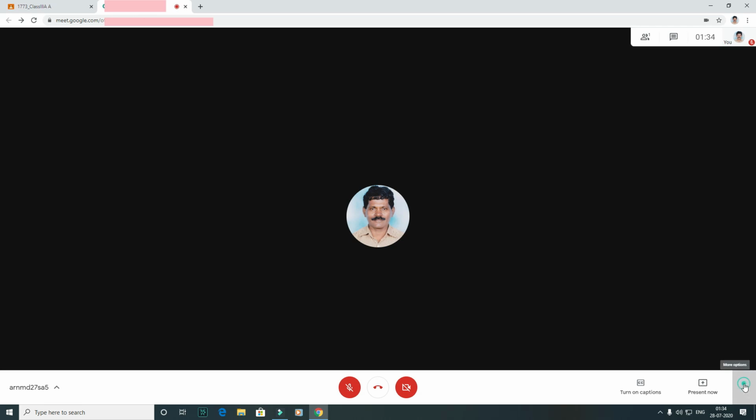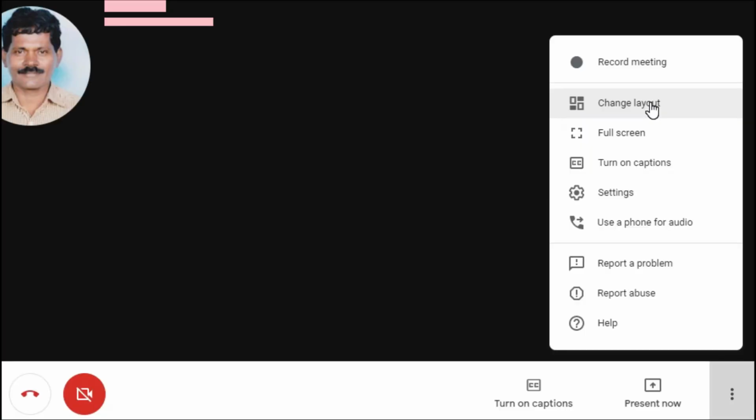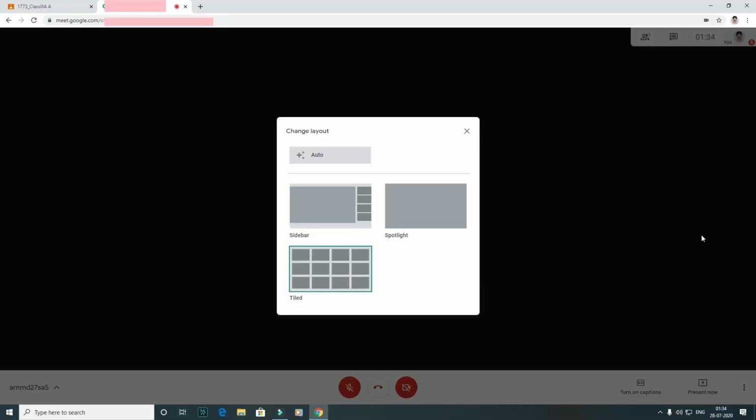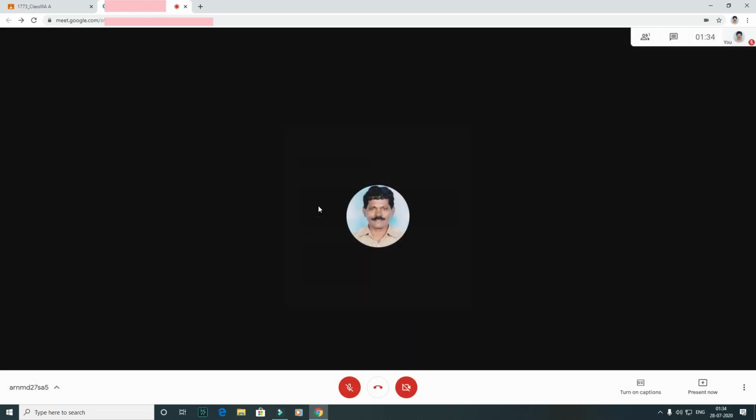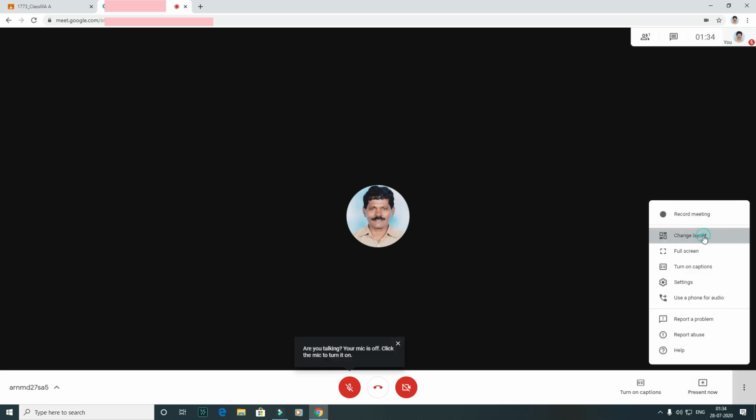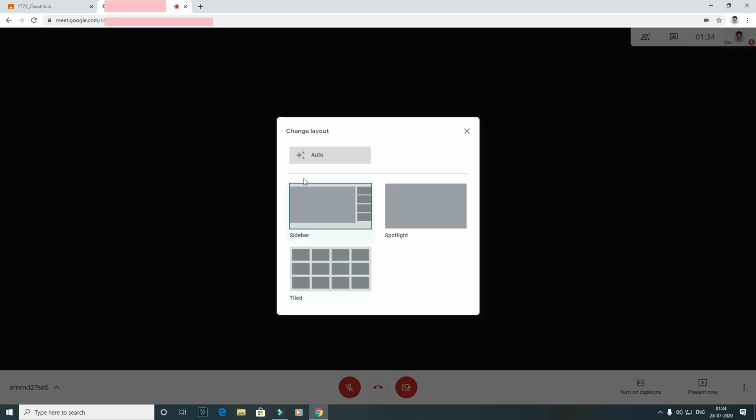Now second, you can come to change layout. Once you click it, there are options. Here you can see the first option like this. When you click this one, the students will appear in this way. At present no student is there. In this change layout, you can find sidebar, tiled and spotlight.